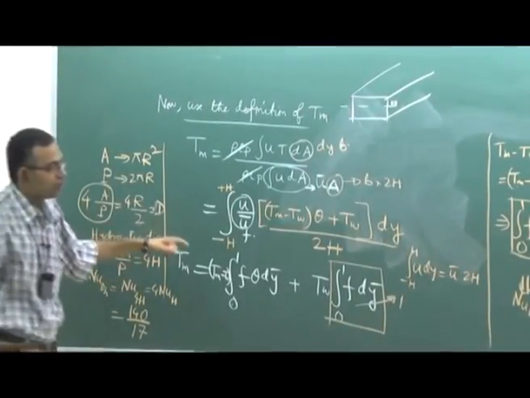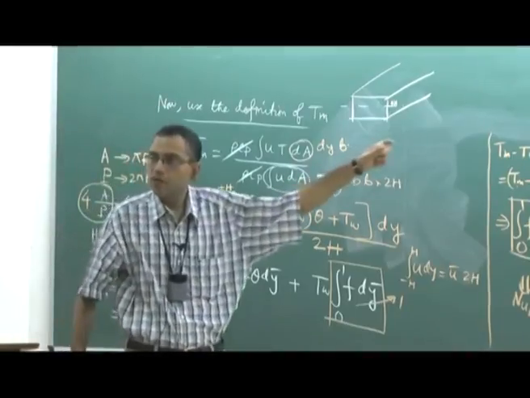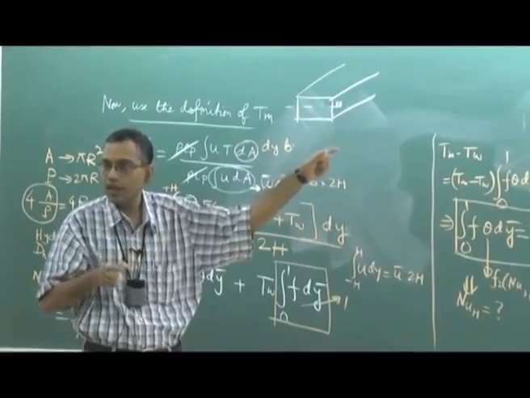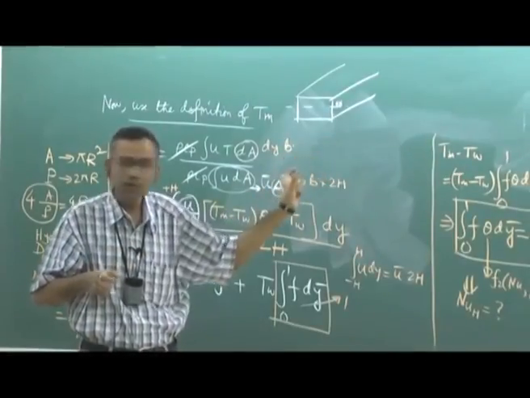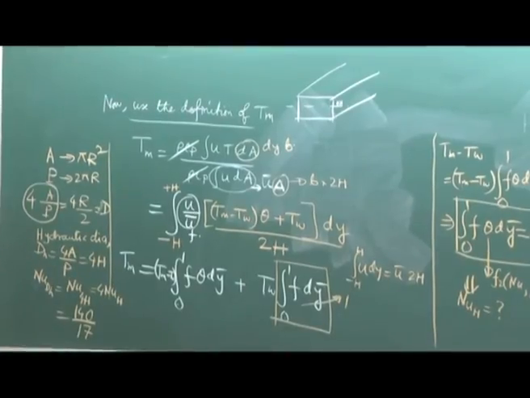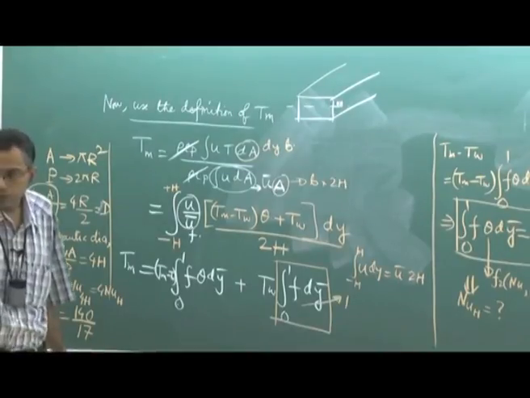So I have given the full framework. In this framework, you just have to do the integrations, integral f, f1, f2, all this, and once you substitute, you will get the value of this. So we can see that the Nusselt number is a constant for thermally fully developed flow. For this example, this is the value of the constant. We will stop here and we will continue in the next lecture.